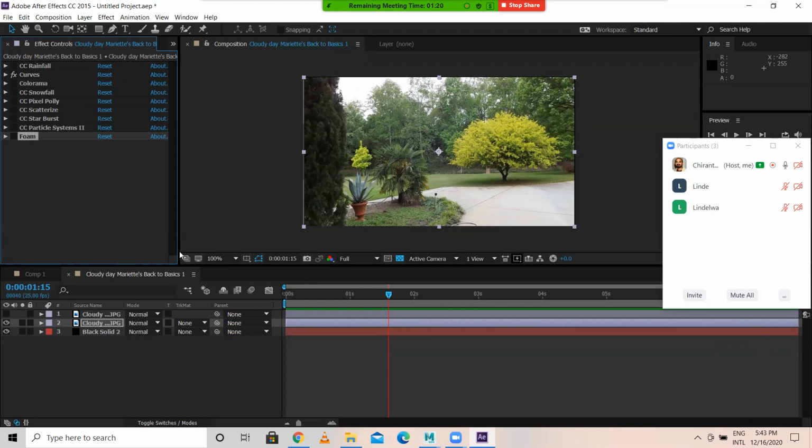So you can create certain major effects using starburst, particle system, foam. Okay, pixel poly. Anyhow, rainfall and snowfall. I want to see two different outputs for rainfall and snowfall. Apart from that, you can create two more examples for starburst or particle system or foam. So try that. Okay.